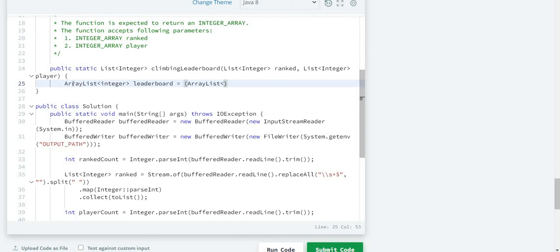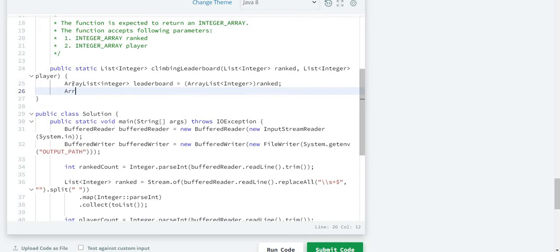So it can't convert itself into an array list. Let's name it player scores.